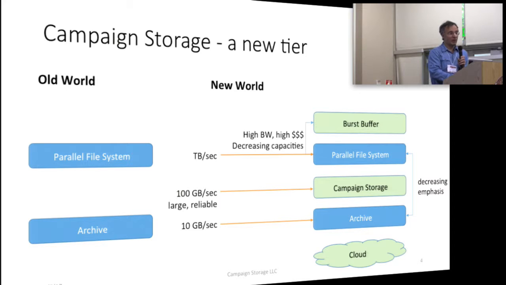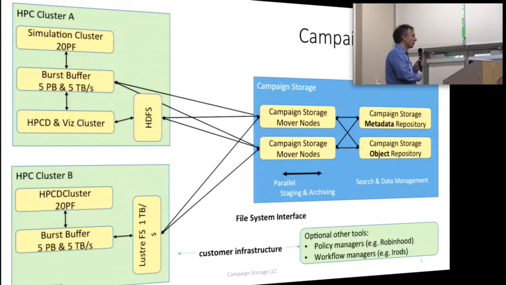And so in the new world, there are now a lot of tiers, and what you see is that the bandwidths per tier decrease approximately in order of magnitude. So that's quite a challenge to deal with the data transport between something that is 10 times faster or 10 times slower. So if you look at the deployment,